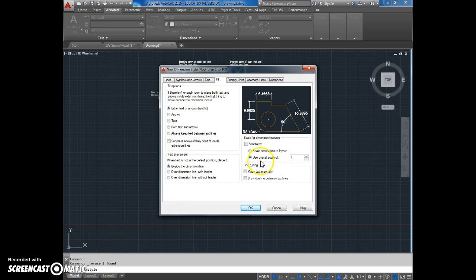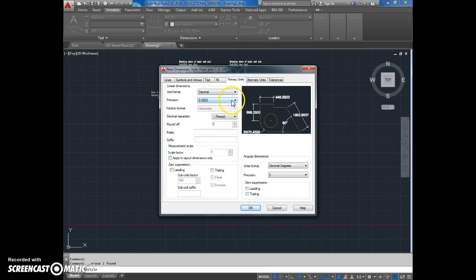Yeah, if we come in here, we use our overall scale, and our overall scale is 100, or whatever we decide. And in this, I'm going to put it in as 100 because the intention is that everything will be multiplied by 100. So when I put in 1 or 1.5 for an arrow size, I'm multiplying that by 100. Then if I go to my primary units, we're going to 0 decimal places, and we're 0 decimal places because we're